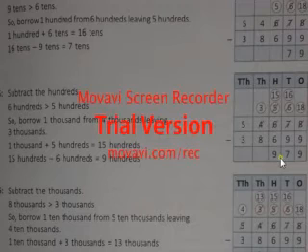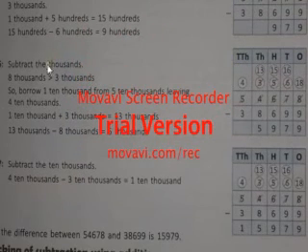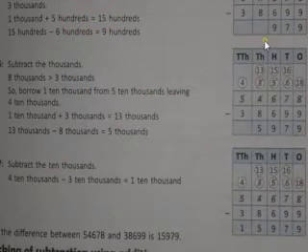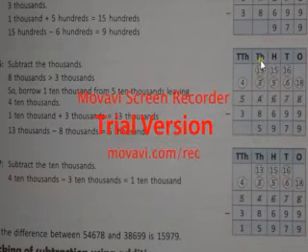So 15 minus 6, 9 it becomes. Now here it is 3000. If you see the sixth step, or second last step, what happened? In the 1000 place there was 3. So we had taken 1 carry from the 10,000 place. So this becomes 4, 1 given, and it became 4 now. And this becomes what? 13,000, because 10,000 is gone and 3,000 was earlier there. So 13,000 minus 8,000, 5,000.